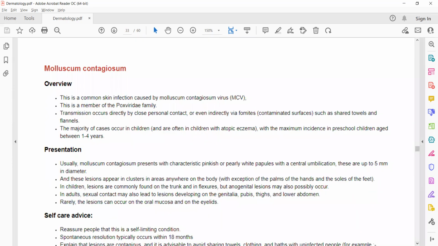Now another viral infection that is known as molluscum contagiosum. This infection of